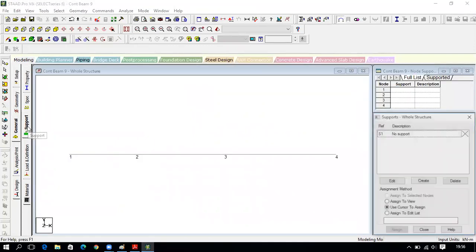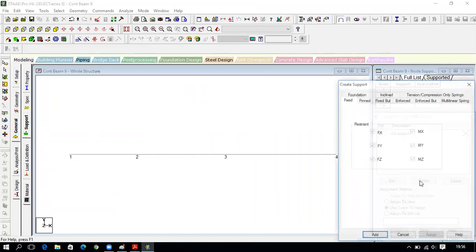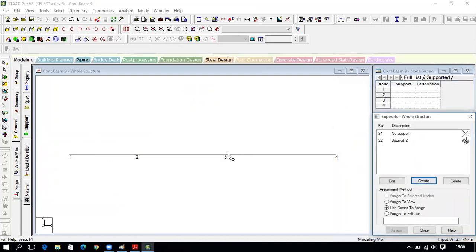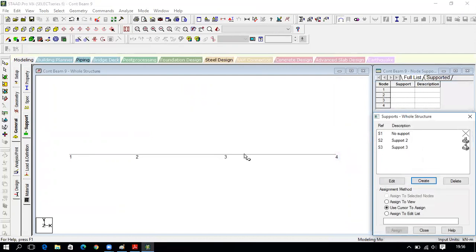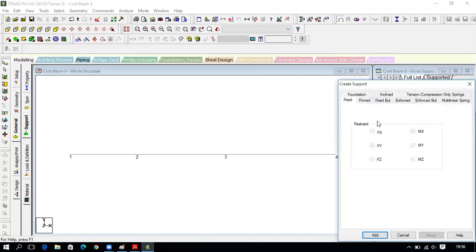Next, I will assign the supports, create. So I will assume fixed support here and roller support at the fourth node. I will assume pin support at 2 and 3 and roller at the fourth node. So for roller, click on the fixed button.